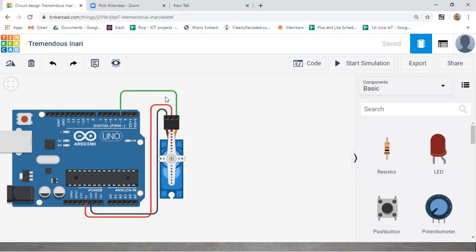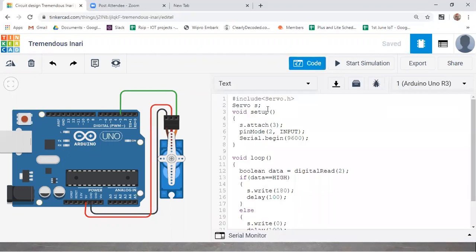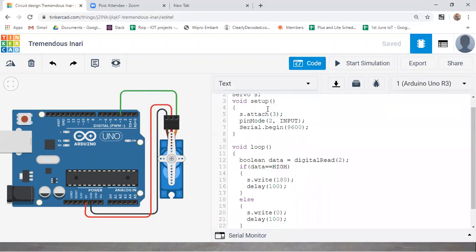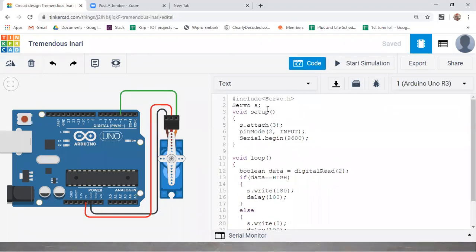So guys, how do we write the code for this? Here you can use the same things which are available to us, like pin mode. But in this particular servo motor, as we are rotating it in angles, we have a predefined library, that is servo.h.